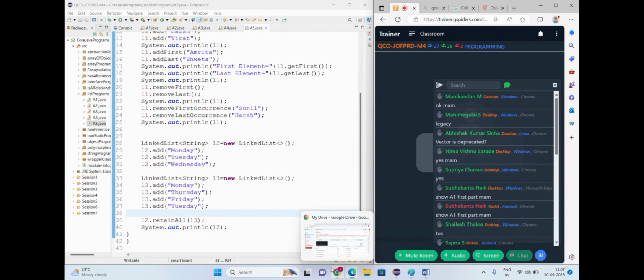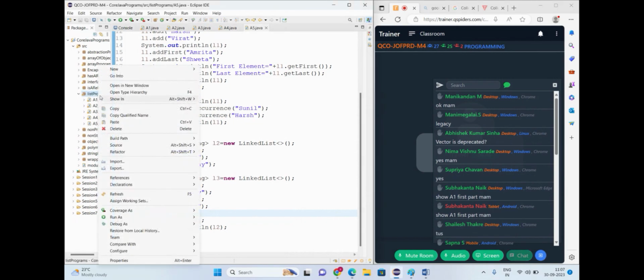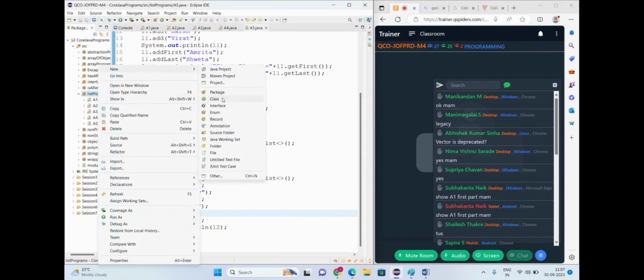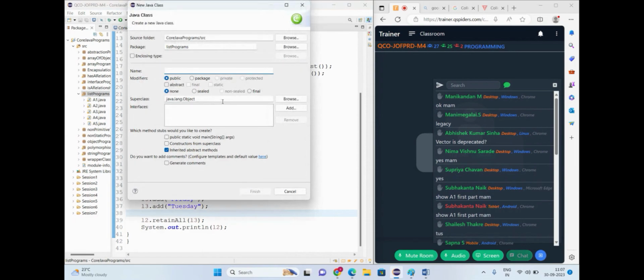Okay, and all the methods which we have used in array list and linked list, everything you can use. So vector is not too much in demand right now. For freshers they ask array list and linked list, but it does not mean that you will forget vector. You have to learn vector at least a little bit. So what we will do,